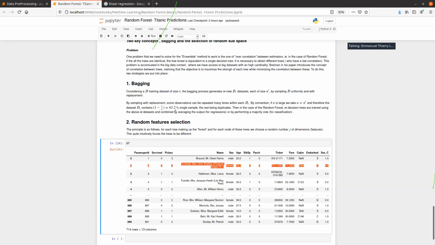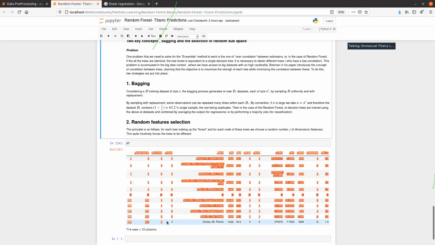If you have done sampling theory or probability theory in math at school, you can easily see that this is a Bernoulli test, I think. And this gives you an average of 63.2% single samples when you take the whole data set as a possible sample.